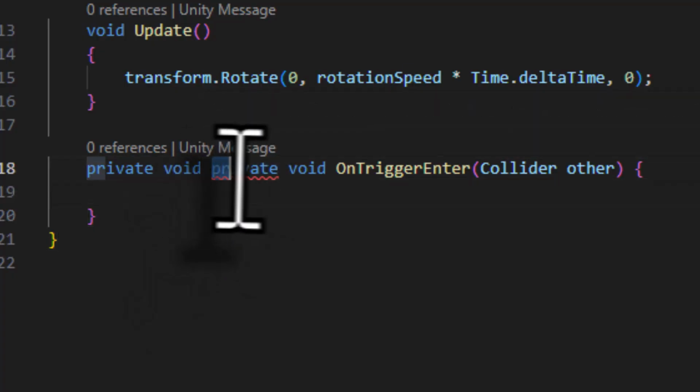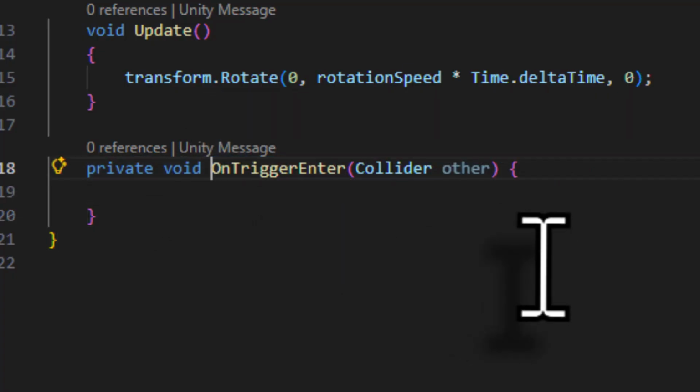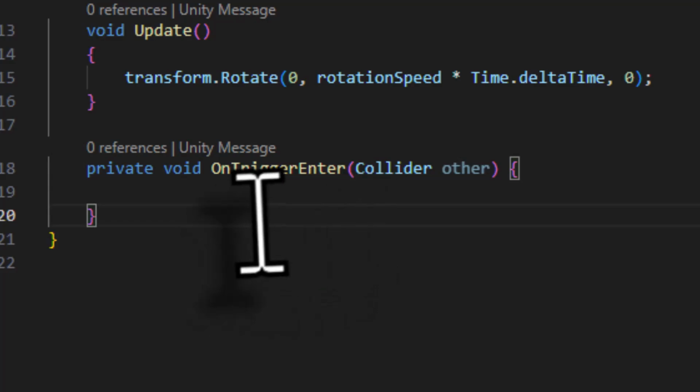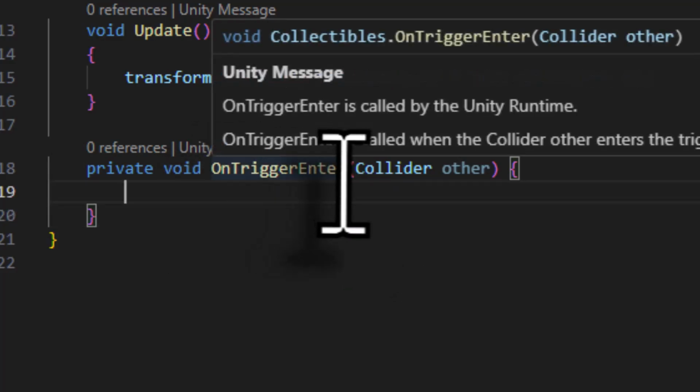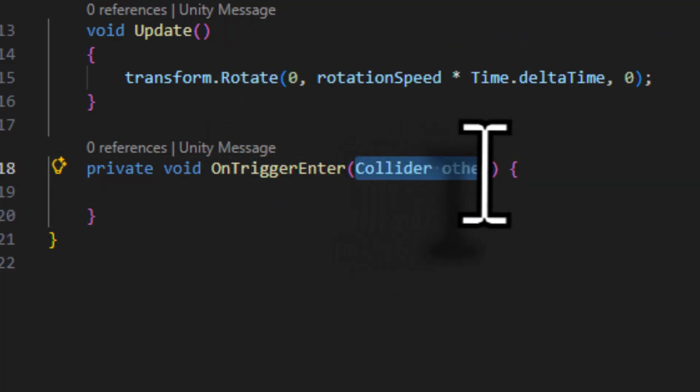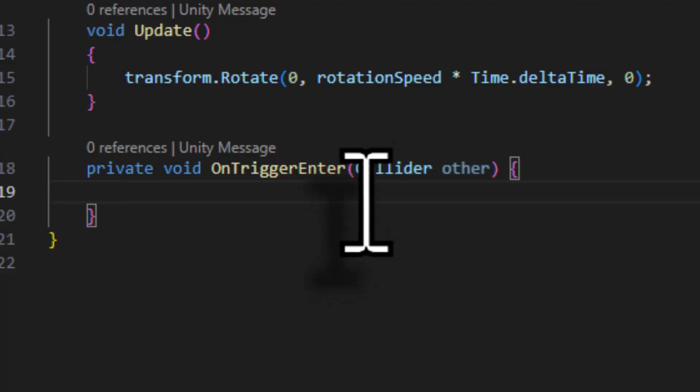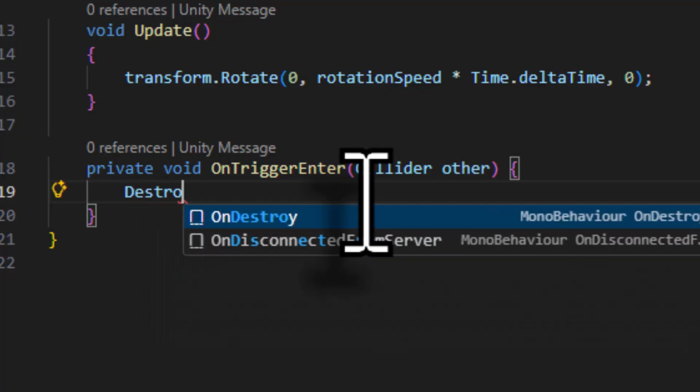Here private void has got entered twice. I will delete one of them. Now you have private void OnTriggerEnter. The parameter is Collider other. And here, what should happen? In Unity or in coding, we use something called pseudocode. Pseudocode means, especially when you are working as a team, what should happen when this trigger is entered? I want my object to be destroyed. And this I am going to write simply like: destroy